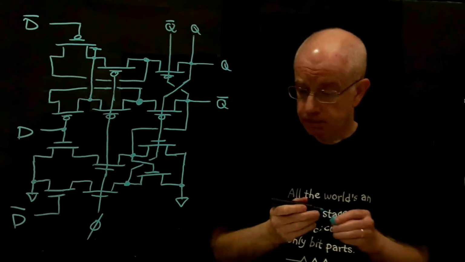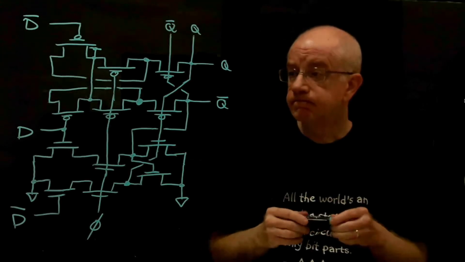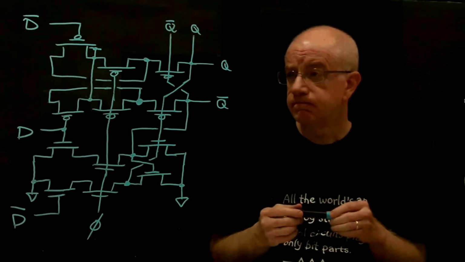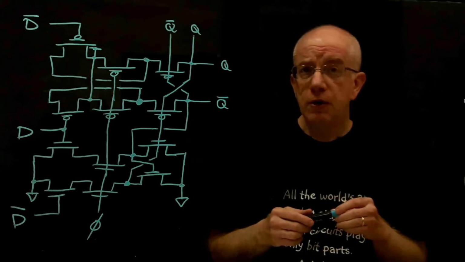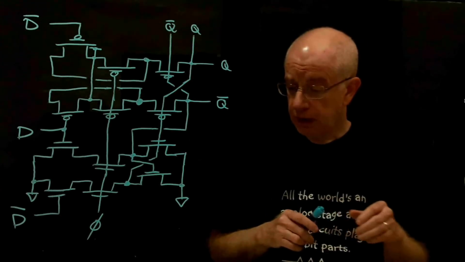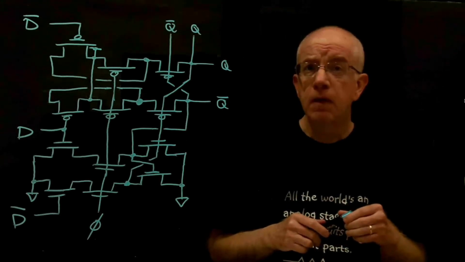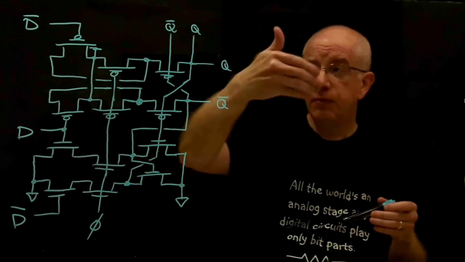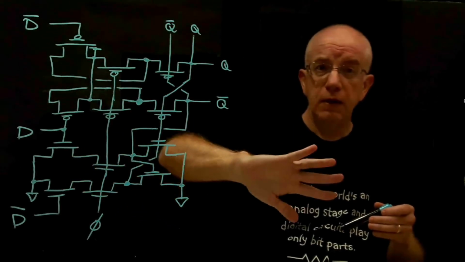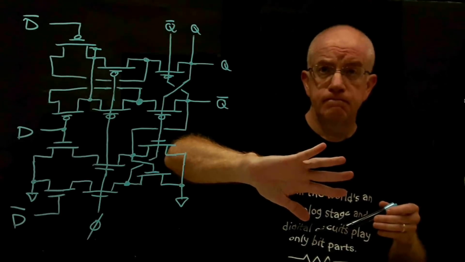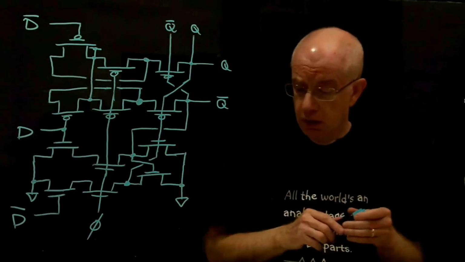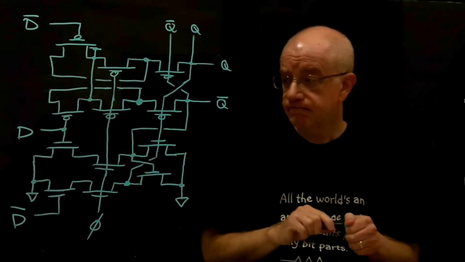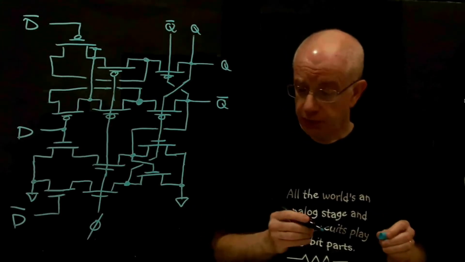Now, we need to think about maybe the upside down version of this. It's fairly simple to do. We basically need to take this and flip it up to here, and this and flip it down to here. Okay? And so this is the phi latch. The phi bar latch might look something like,